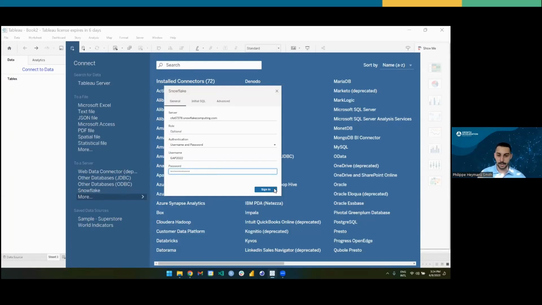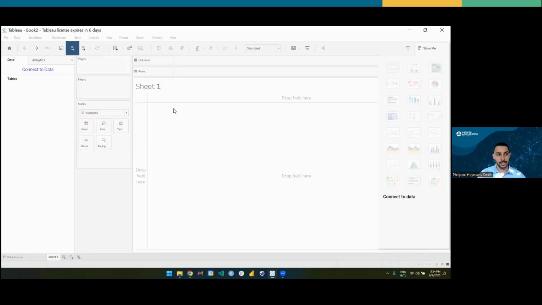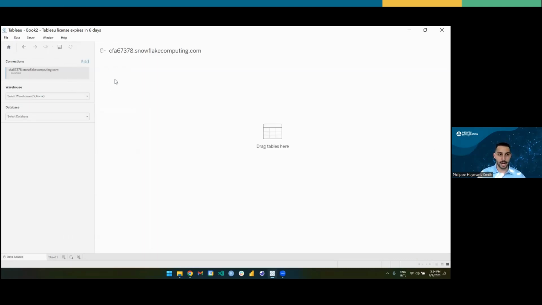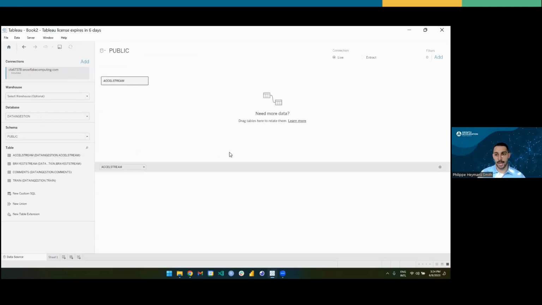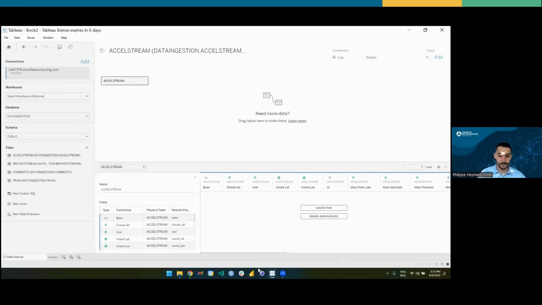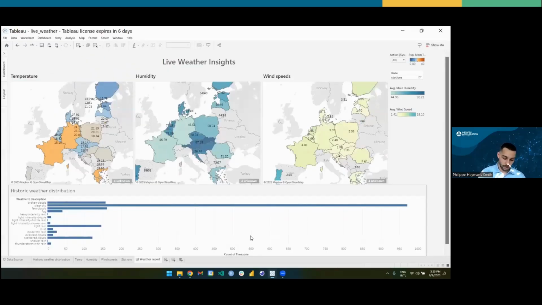So I'll just set up my credentials here, and this will bring me to my usual Tableau interface for connecting. Here I can select our database of choice, our schema, and then I can just drag and have my data ready to go. So this is weather data. I got to quickly set up this